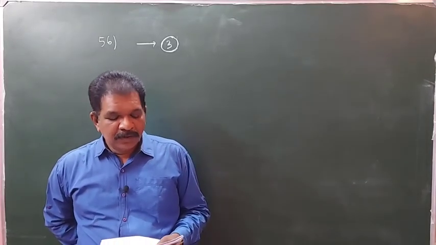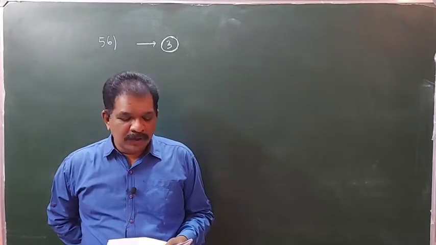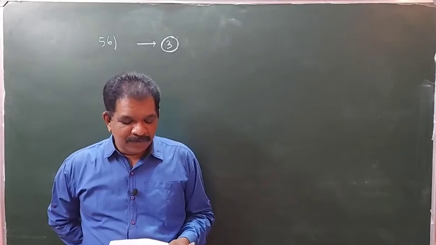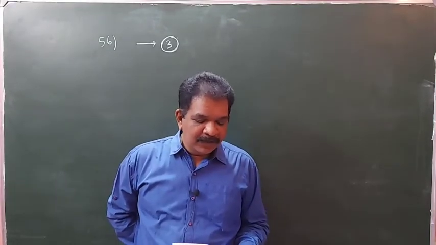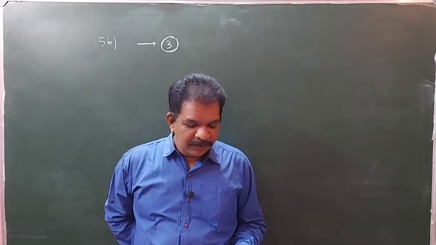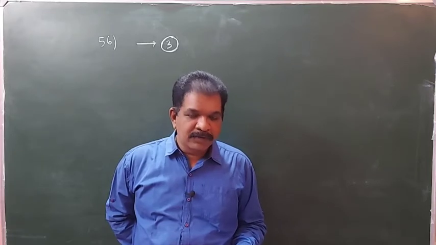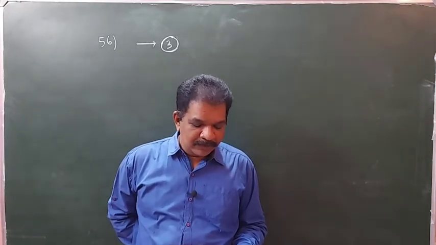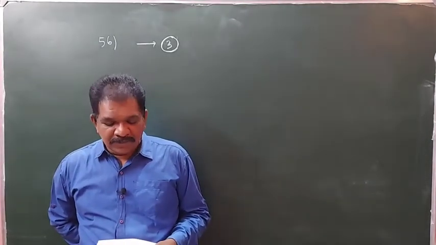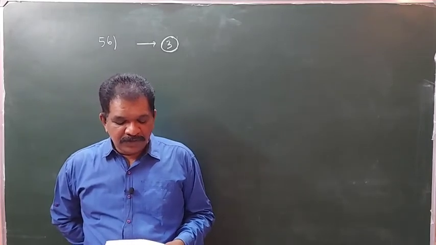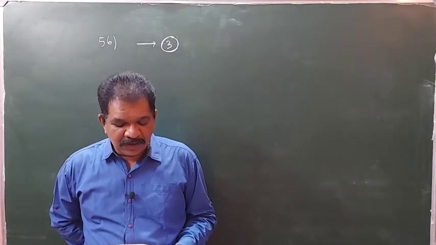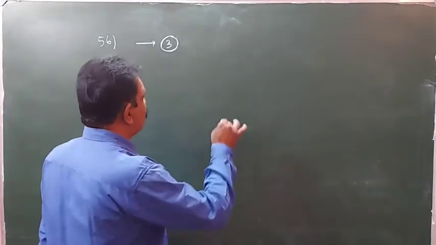57, in a race, 2 horses, silver bullet and shotgun, start from rest and each maintain a constant acceleration. In the same elapsed time, silver bullet runs 1.2 times farther than shotgun. According to the equations of kinematics, which one of the following is true concerning the acceleration of the horses? Here 2 horses are there.